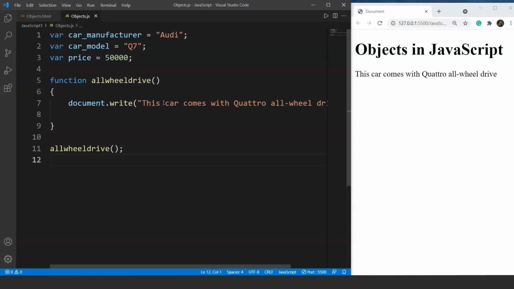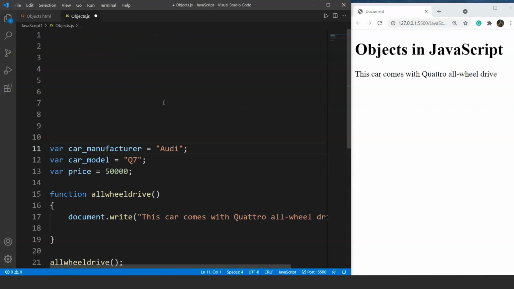Let's move on to the syntax for objects in JavaScript. We'll do it for this same program. We'll use objects. Now let's go ahead and have a look at the syntax for objects. So before we start, there are a few ways in which we can create objects in JavaScript. We are going to discuss two different ways of doing so. The first one is the literal way, also known as the literal object way. So the syntax for the literal object way goes like this.